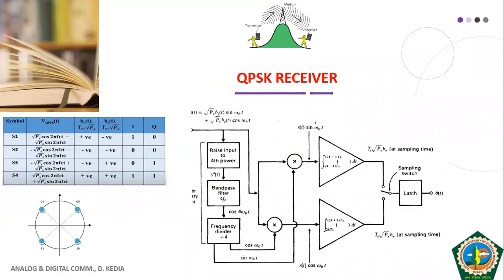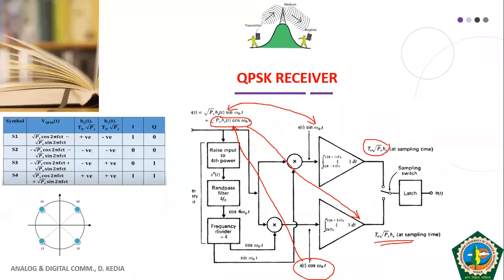With this sine you will be able to extract the corresponding sine part, which is nothing but my odd bit stream. Whereas when this received signal is multiplied with cosine, this will extract the cosine component, this one, which means this branch will give us your even numbered bits. So this is how, again by using those quadrature carriers, we are able to segregate our even bits and odd bits. Rest of the things are exactly the same.